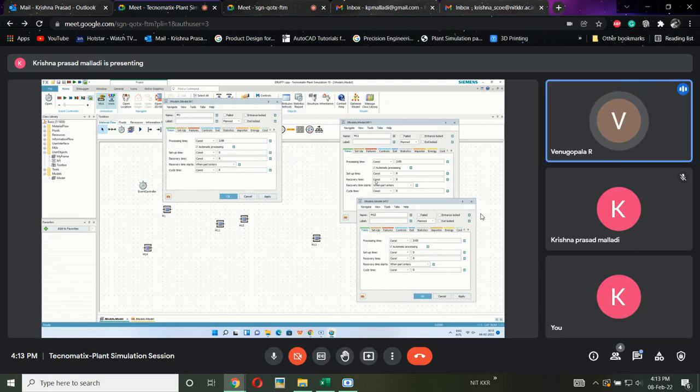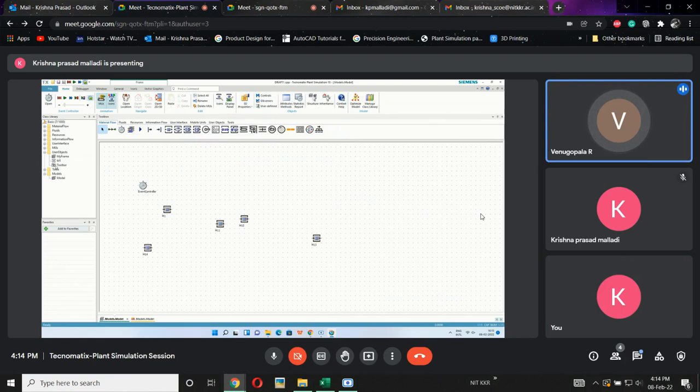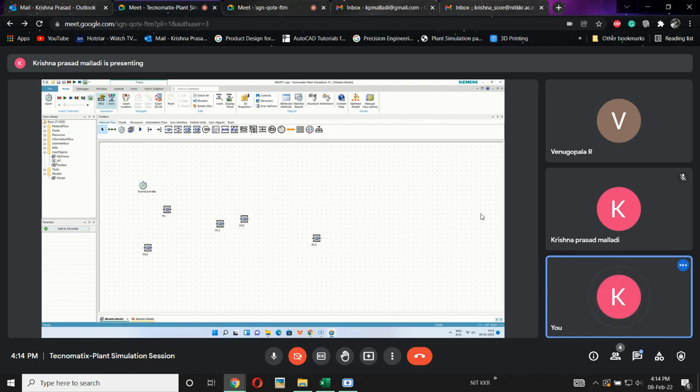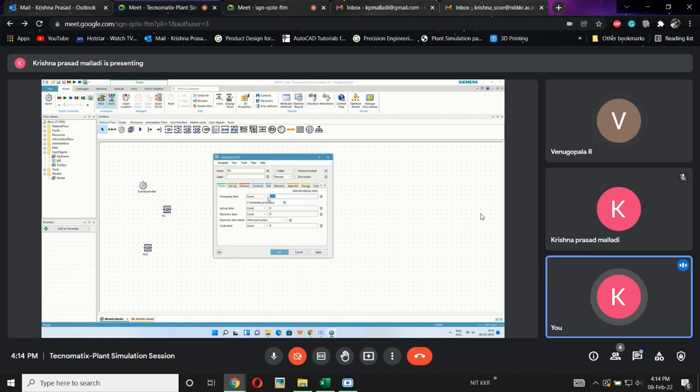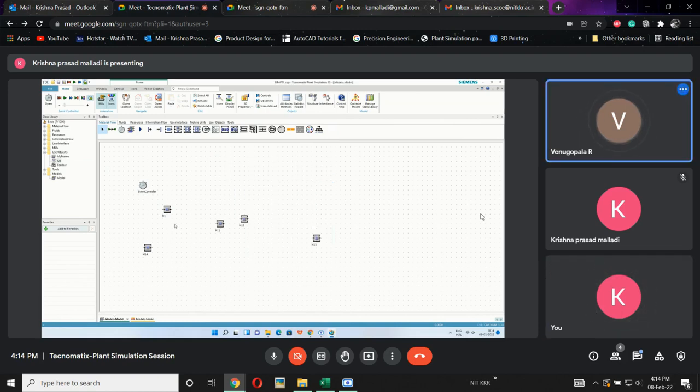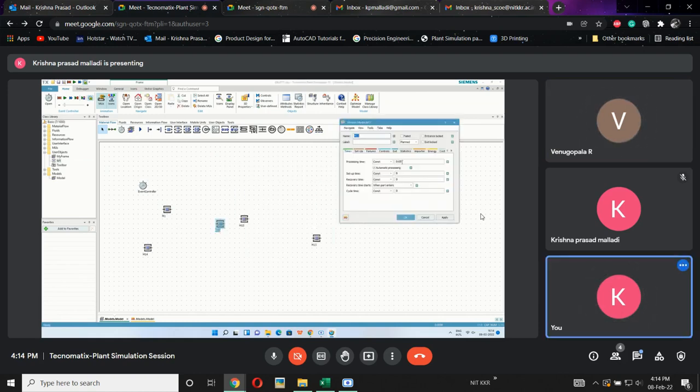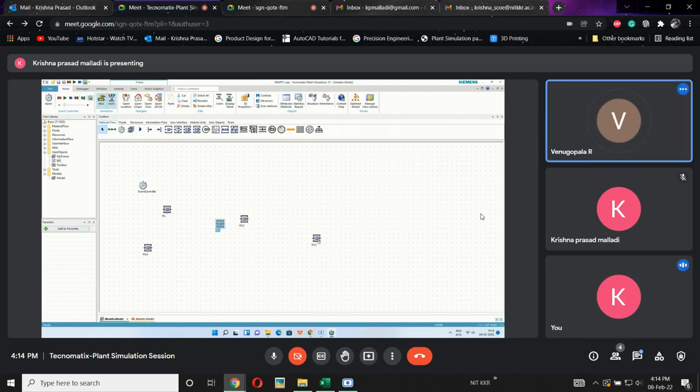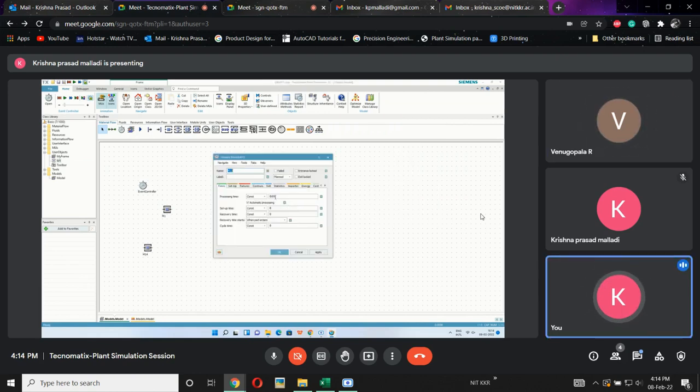Suppose I have a question here. If I change any parameters by choosing any one machine, will it apply to all the machines? No, sir. Here, see, M1. If I open it again, here it is 2 minutes. Instead of 2 minutes, I have given 5. Now if I open this one, it is 5. If I open M13, it is 5 seconds.